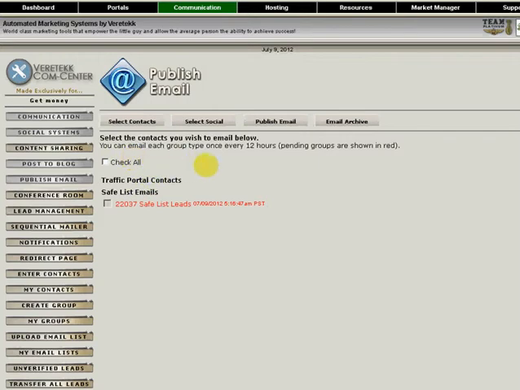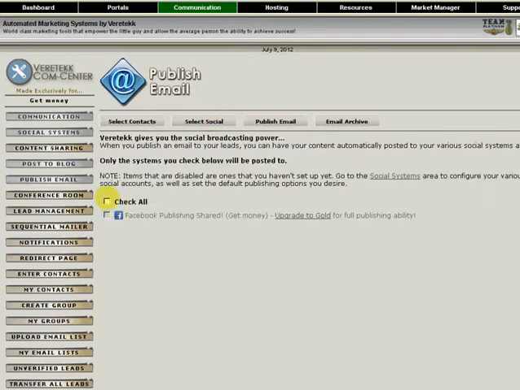my post. When it takes me to email, I can check and allow, I've got 22,000 odd safe list email addresses here that I can send out to, so I can click on that. I then want to select social, just as a check to see that I'm not sending it out to social. If I've already sent it out first as a blog, I don't want to then send it out as an email, so I can uncheck that. And then when I'm ready, I can go to publish email,